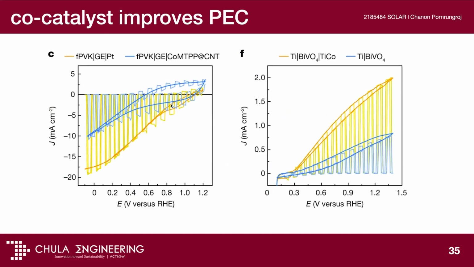So what I want you to see here is the photocathode part, right? Normally when you do the overlap, you flip this chart up and overlap it with the photoanode. But in this case, without a good co-catalyst, you see the blue line. If you flip the blue line up and overlap it with this, it has a really small overlap. But once you add the suitable catalyst on top,